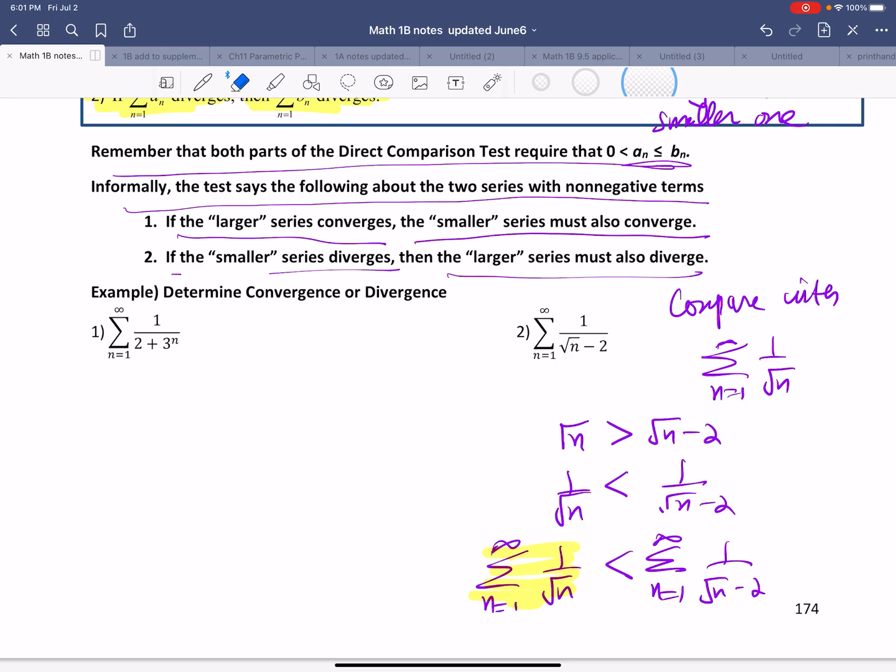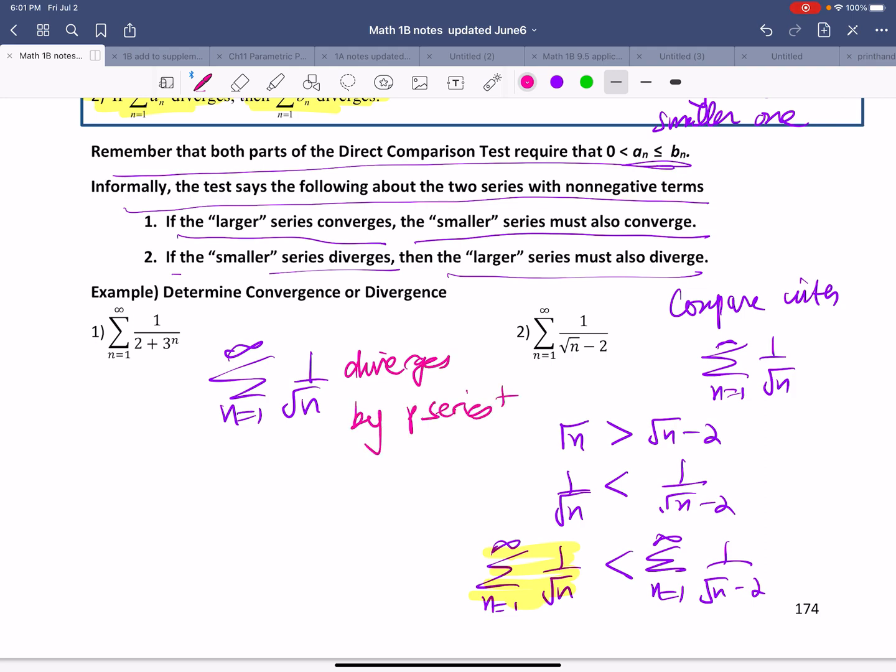So the summation n equals 1 to infinity of 1 over square root of n diverges by the p-series test, because here your p is 1/2. If your p is between 0 and 1, the series diverges. So this series diverges. So using the direct comparison test, we can say the